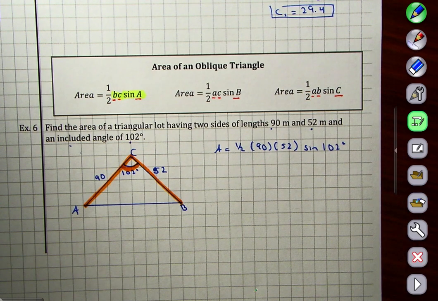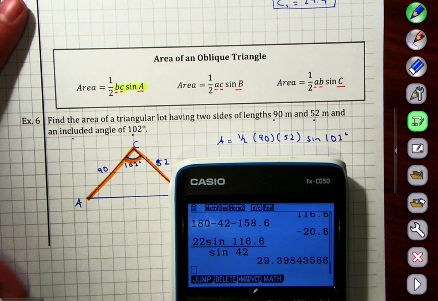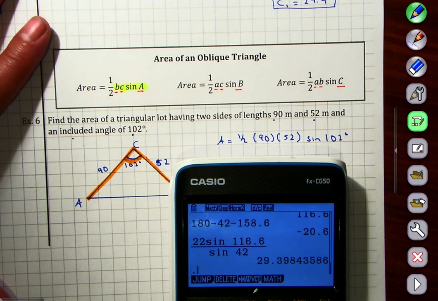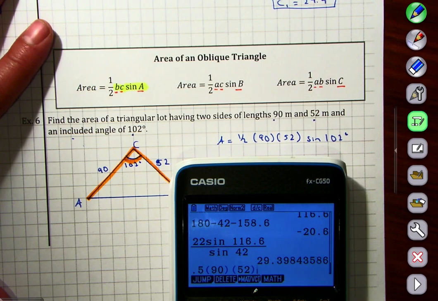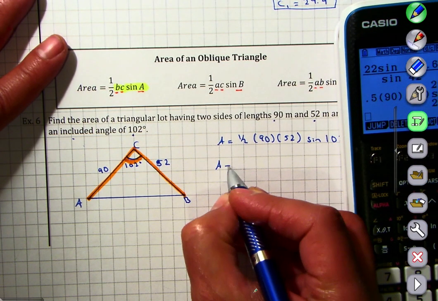It's a very quick calculation, and very useful sometimes when you don't have the height. You can also calculate the height if you need to. In this case, this is 90 times 52 times the sine of 102 degrees, and the area is